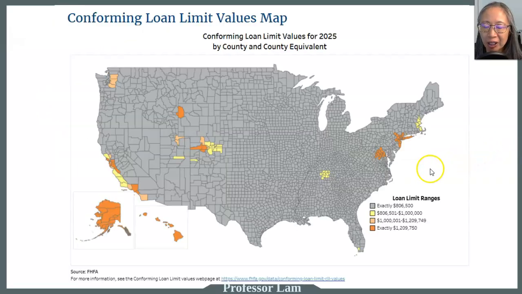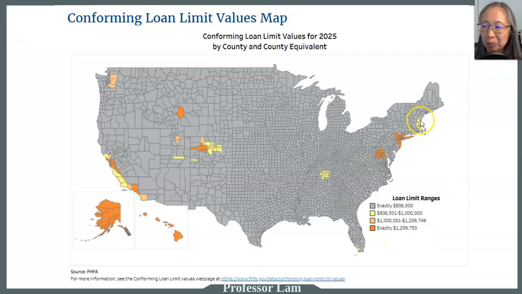This is perhaps not surprising. The regions that have the highest housing value also have higher limits. So for most of the country, basically everywhere, the loan limit, this is 2025, it does change every single year, is any loan up to $806,500 is considered conforming. And then for some regions in New York, San Francisco, Alaska, Hawaii, they are a little